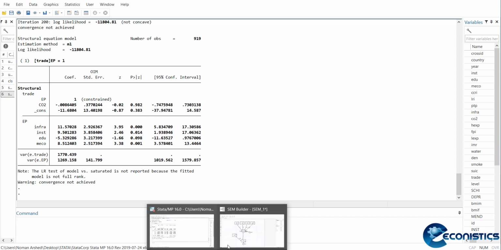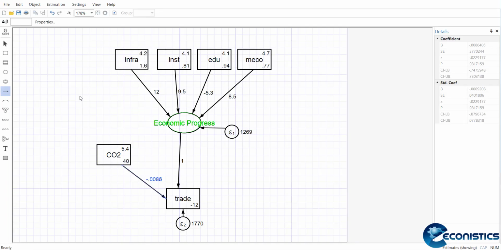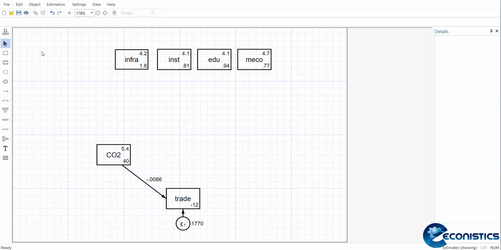So let us assume that we remove this variable and let's see how it works. Let's go here and just remove it, and then learn how to make a simple regression to see how it works.